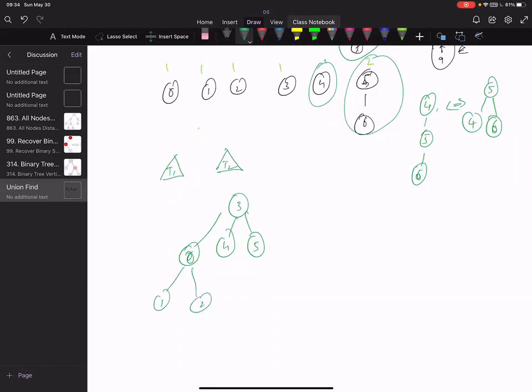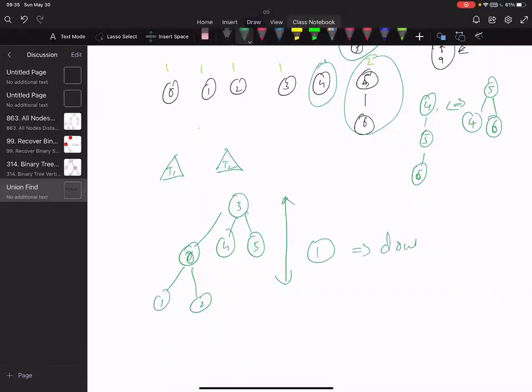So your tree depth is increased by what? 1. And what happened to your tree size? It's double, the number of elements. It's twice, right?